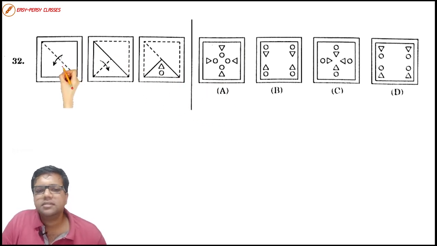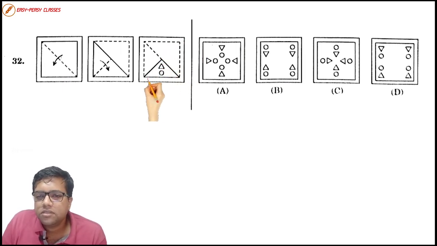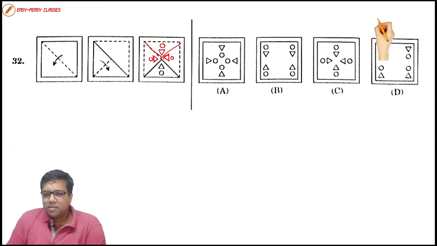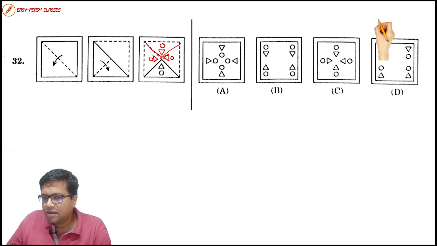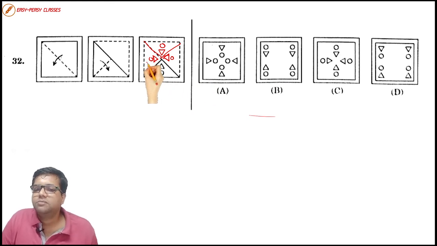And here also you just have to mirror it. Suppose you consider this as a triangle, you consider this as a triangle, what would come here? There would be a triangle, there would be a circle. And the same thing, if you replicate here as well, there would be a triangle, there would be a circle, there would be a triangle, there would be a circle. You don't have to mess up with this cutting thing, folding thing, those things. You just have to mirror it and replicate it on the other parts as well, so you will get this particular answer.